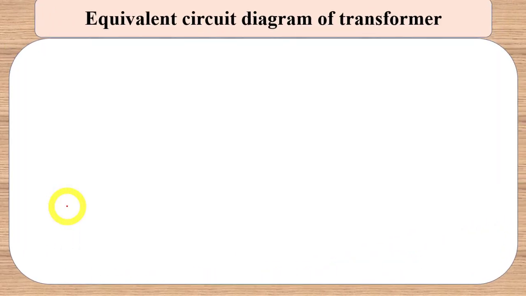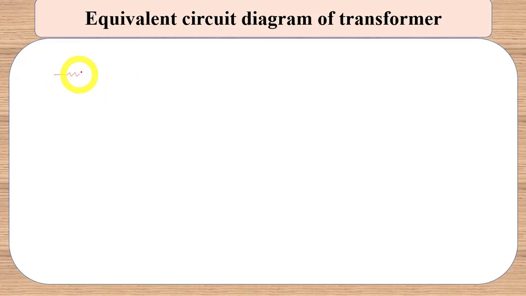Now, the equivalent circuit diagram of a transformer. As we have already discussed, the transformer has two windings, the primary winding as well as the secondary winding. There are no conductors available which have zero resistance, and in this way there is a lumped resistance connected in the primary winding and similar things happen with the secondary winding. So let us start to draw the equivalent circuit diagram of the transformer.